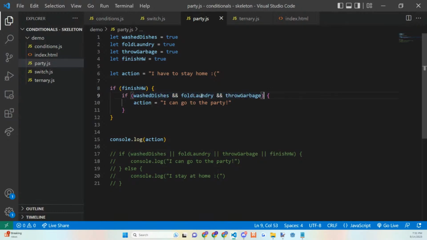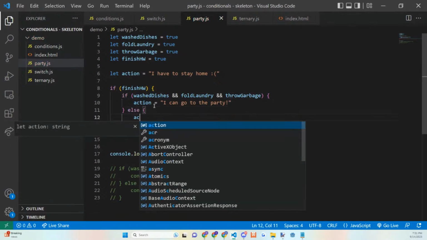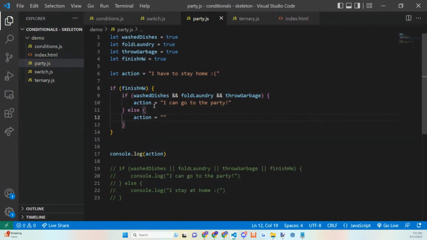So let's see what happens if I have an if else in here, where the action changes to I am allowed to play video games instead. Right. So again, how this works is that if I finish my homework, then I definitely change the action.